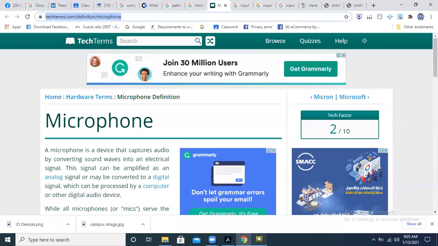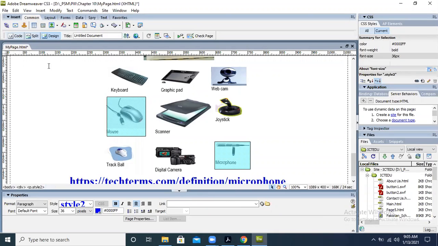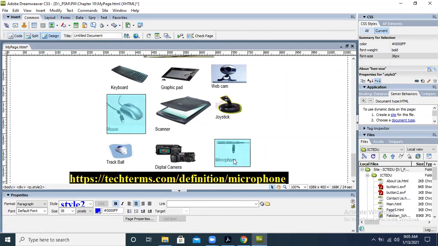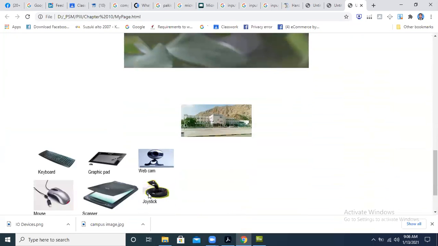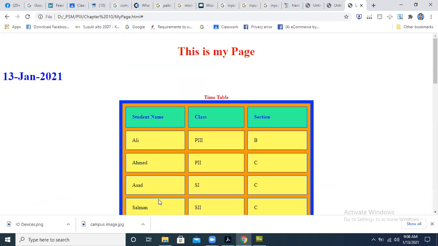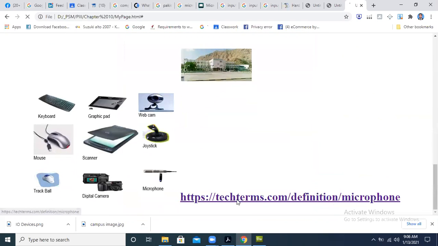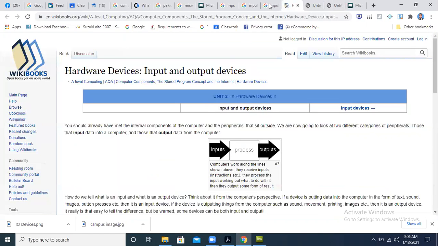Let's suppose this is the page that I want to link. Okay, so this link is not directly being created on the image.